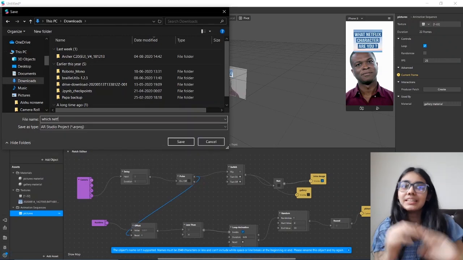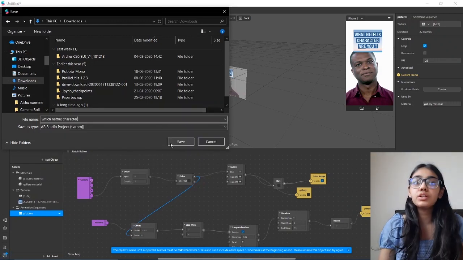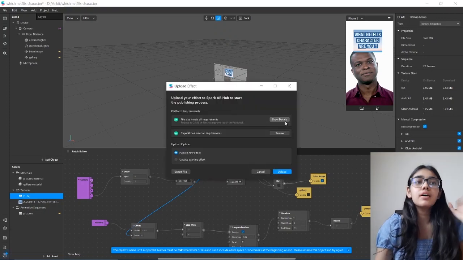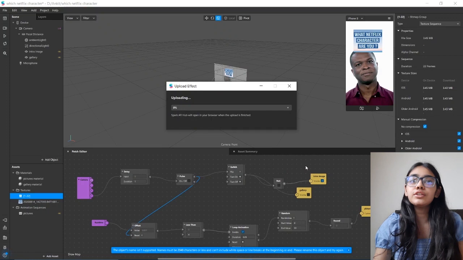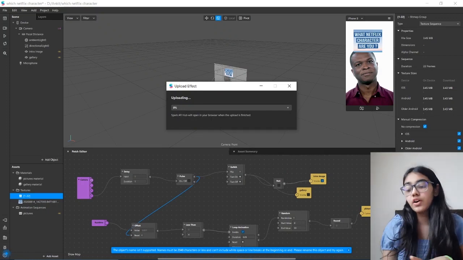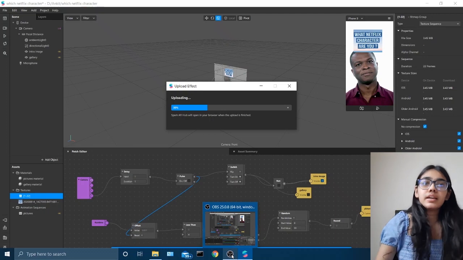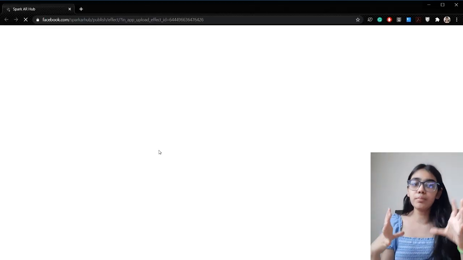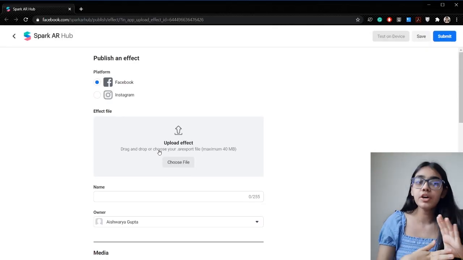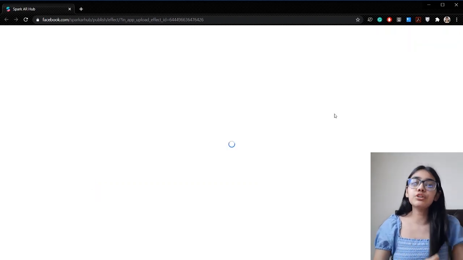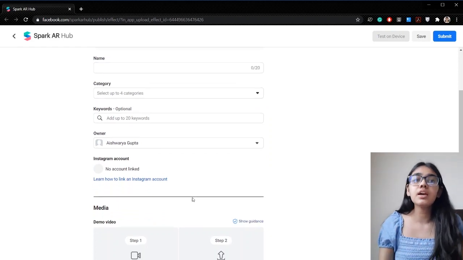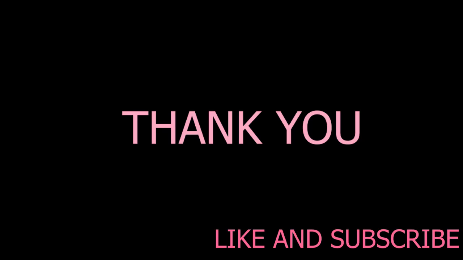So let's get ready to upload it. I saved the name as what Netflix character are you. Then you get an option of compression. If your file is too big, press that, or if it's not needed, skip it. Then you press the upload option at the left. Cool, and done, you upload your video. So your effect is done, and then a hub comes up, known as Spark AR Hub. You just need to fill in some details. Then it goes for verification, to check that nothing's wrong, and then you can upload it.